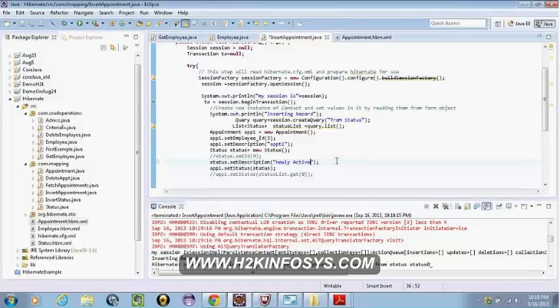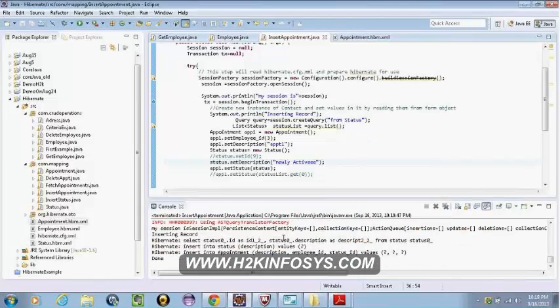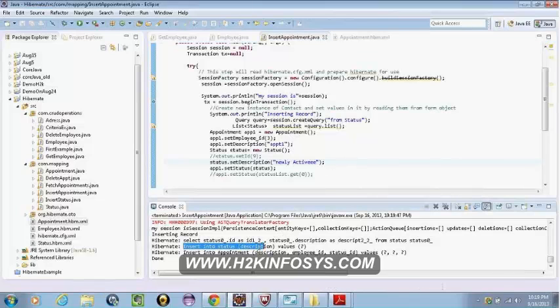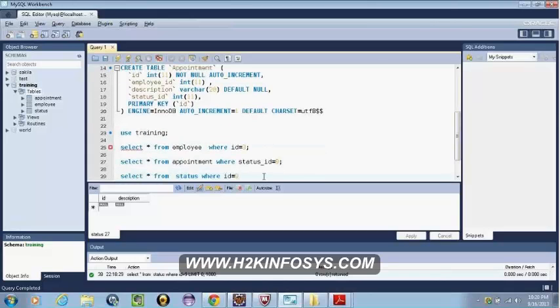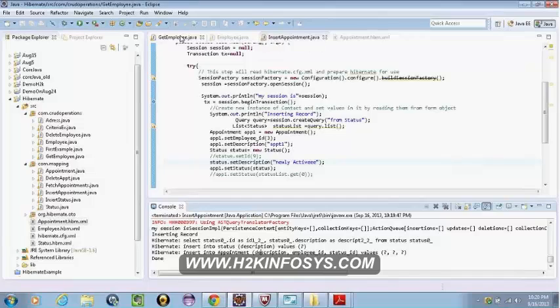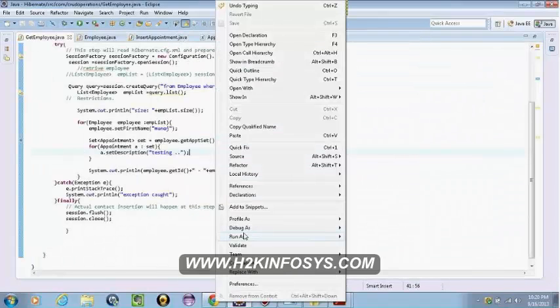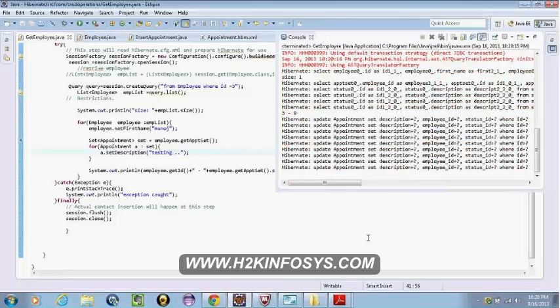Why does it work? Because now I have the proper data for all the appointments that are present for this guy, right? Folks, you understood there was an appointment previously with status ID as 9, and when you try to associate the many-to-one mapping with the status table, there is no status with ID 9 in the status table. Folks, you understand this?